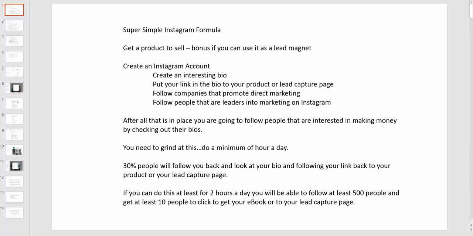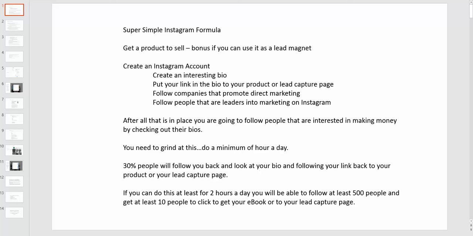So in your Instagram account, you want to create an interesting bio, and you want to set it up so that it's easy on the eyes to read and really drives your points home. Make it interesting so that they would want to click on that link to get your lead magnet.